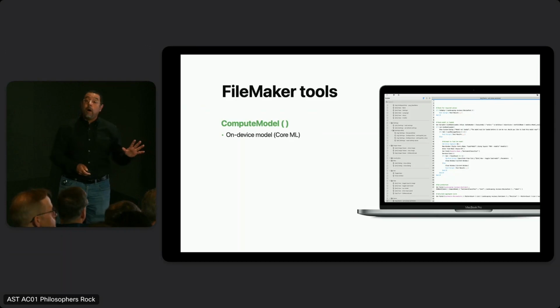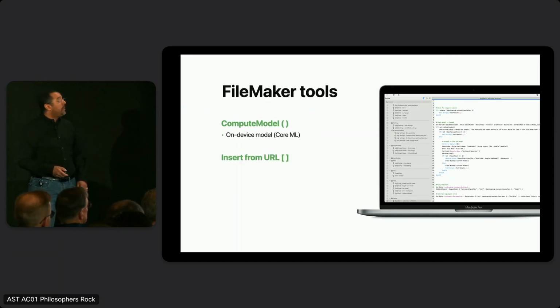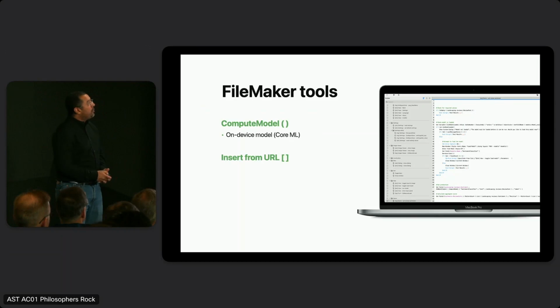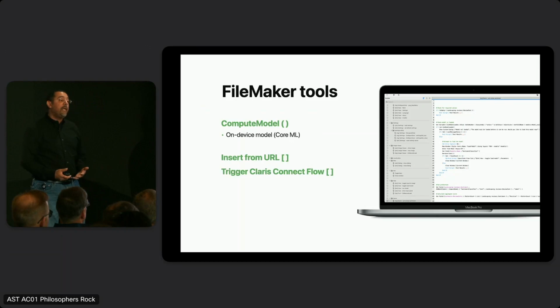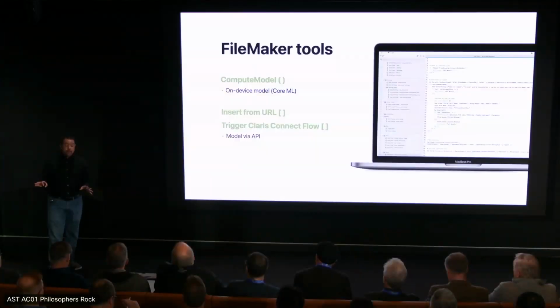Now, when you have to talk to models that are outside of your system through APIs, then we have the Insert from URL script step. But we also, guess what? We have an entire product dedicated to talking to APIs. We have Claris Connect. And we've fairly recently introduced a new script step called Trigger Claris Connect Flow. That makes it even easier to talk to Claris Connect. So that way you can talk to other APIs, talk to models through APIs. I highly recommend Claris Connect, not because I worked on it, but